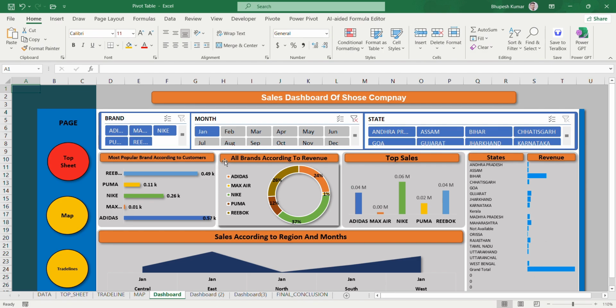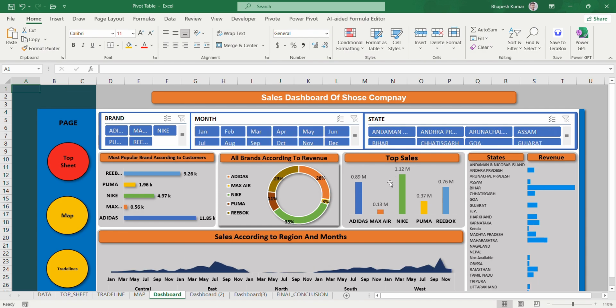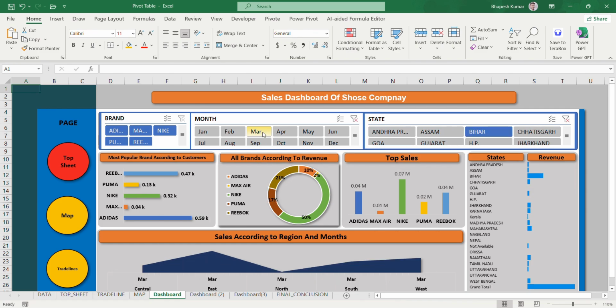If I want to see sales data of Bihar in March month, then I click on Bihar state and March month. Now we see that our dashboard changed according to that. Now I am going to clear our filter.